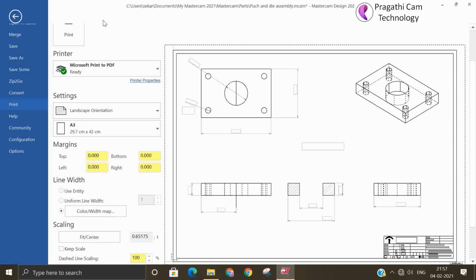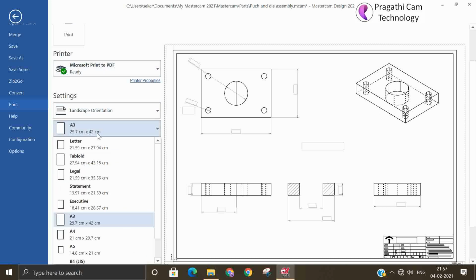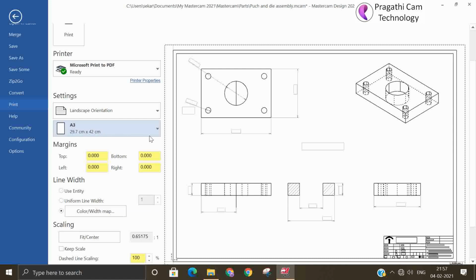So now you can go to print. Paper select you can do, paper size you can do, fit to scale you can do, line thickness you can modify, and even scaling you can do.